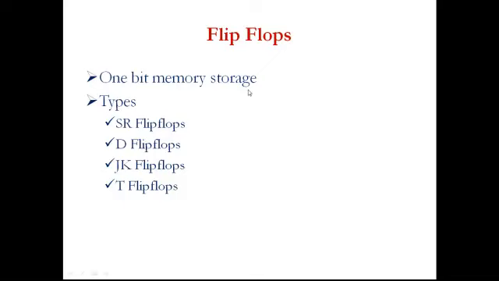We say the flip-flop is set when it is saving binary 1, and we say the flip-flop is reset when it is saving binary 0. So there are two combinations, binary 1 and binary 0. One single flip-flop can save only one binary number. Whenever it is saving binary 1, we call the flip-flop to be in the set state. When it is saving binary 0, we call the flip-flop to be in the reset state.